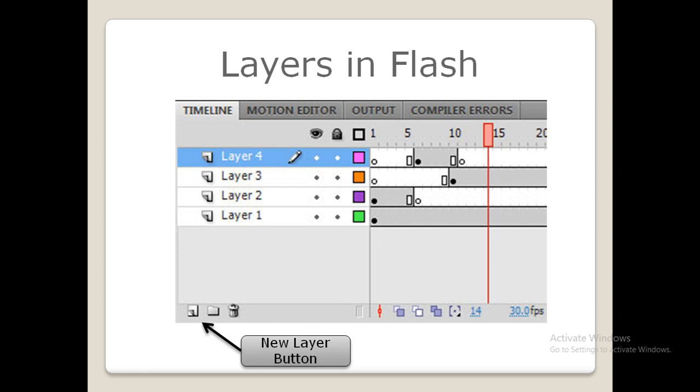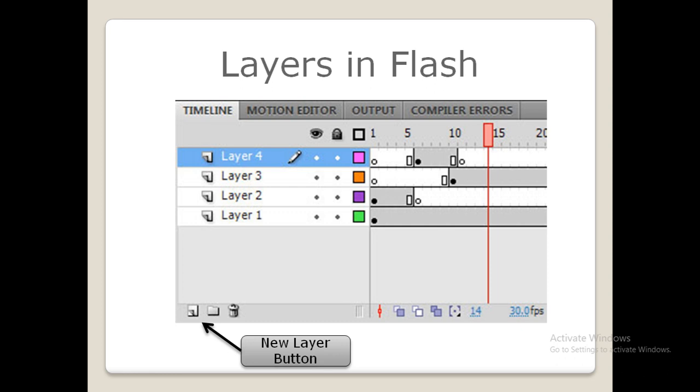Or you can click on the insert option present in the menu bar and click on the timeline, and there is a layer option also present under the insert tab. A new layer appears right above the current layer. So a layer will be inserted right above the current layer. Notice the new layer becomes an active layer. So whichever layer you add, it will become the active layer.